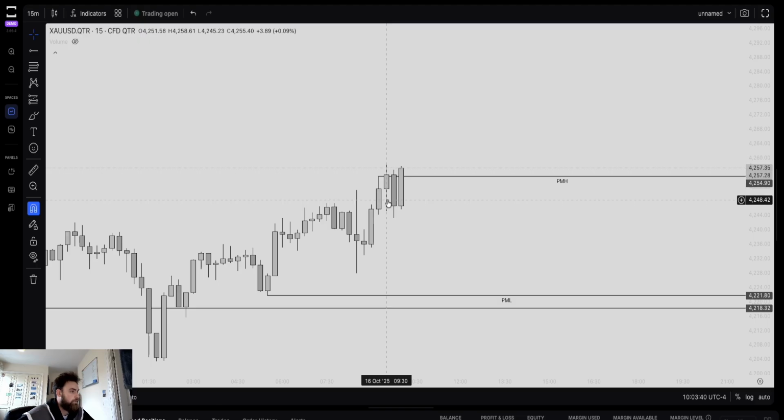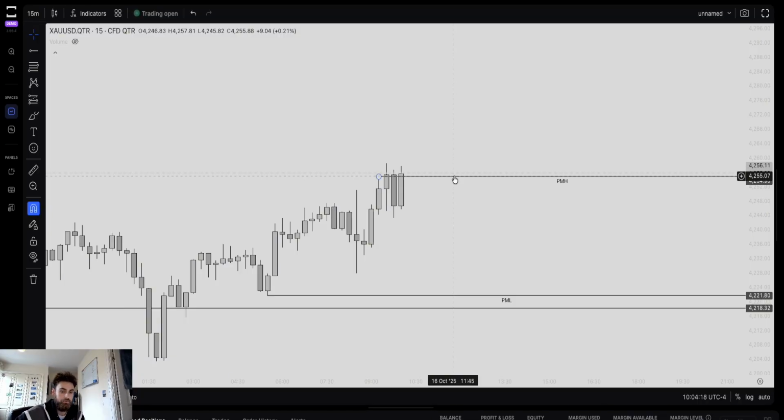Now, what we're wanting from these situations is a move where price closes above the pre-market high, so a full candle close, not like these two, and then we want another candle to be opened and closed above this level. After that, we're looking for it to retest, draw back into this zone. That'll act as the new resistance level,